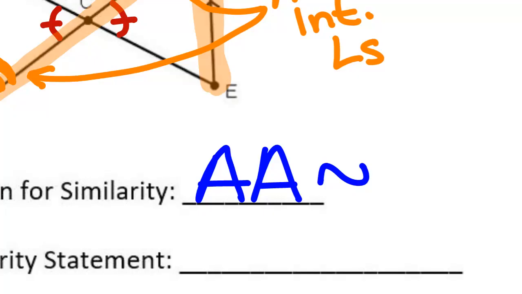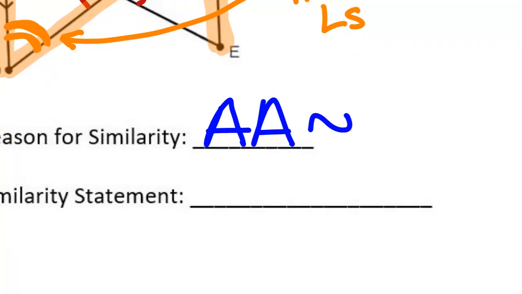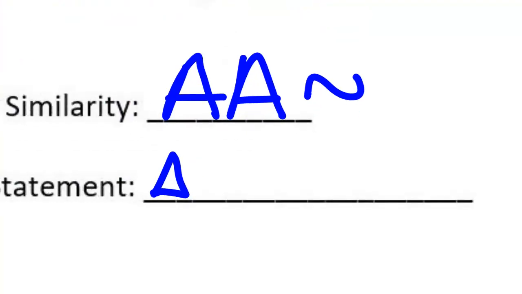And now we're going to write our similarity statement. The order of the letters in the first triangle does not matter, but the order of the letters in the second triangle does matter, and it's based on your first triangle. So I'm going to say triangle. Let's name this one over here on the left first. I have points A, C, and D. What do you want to call this triangle? ACD. Sounds good. Triangle ACD